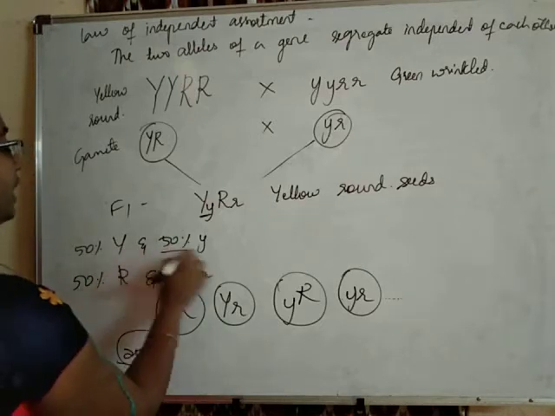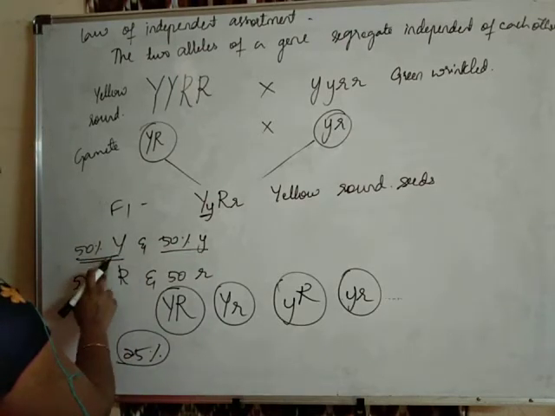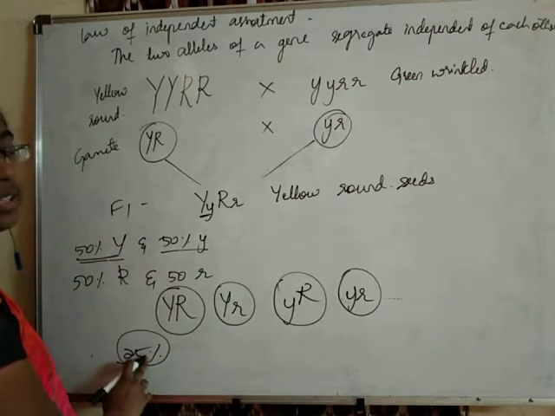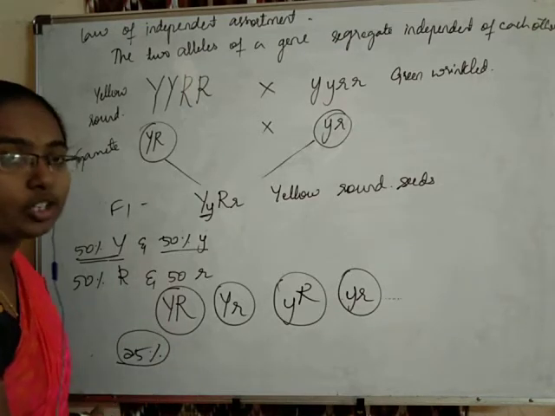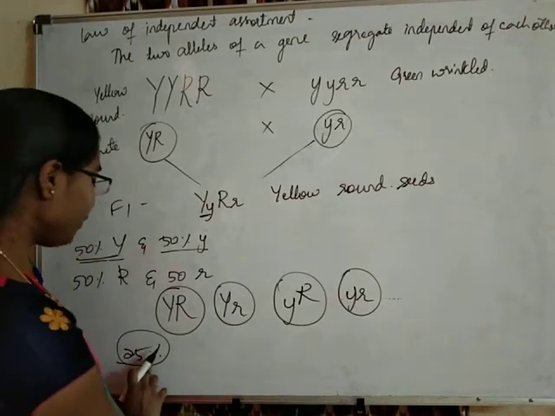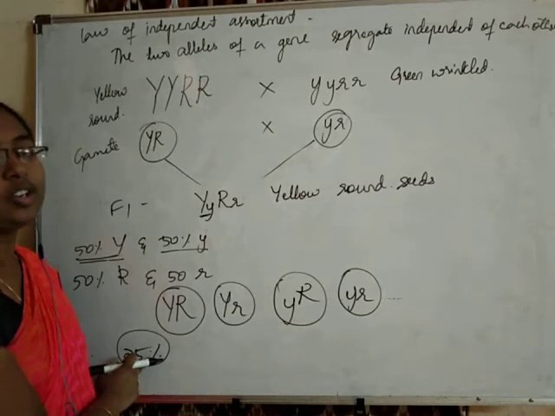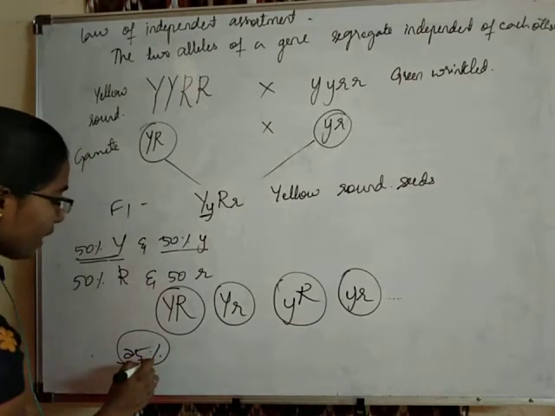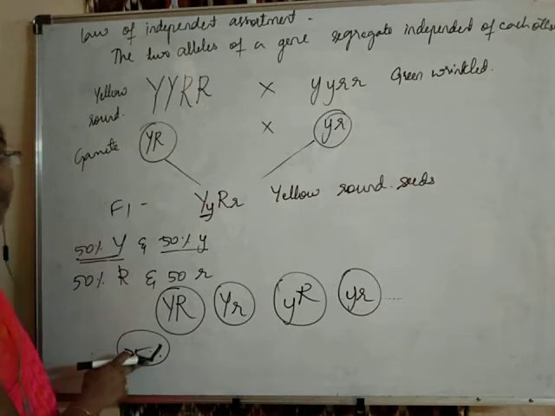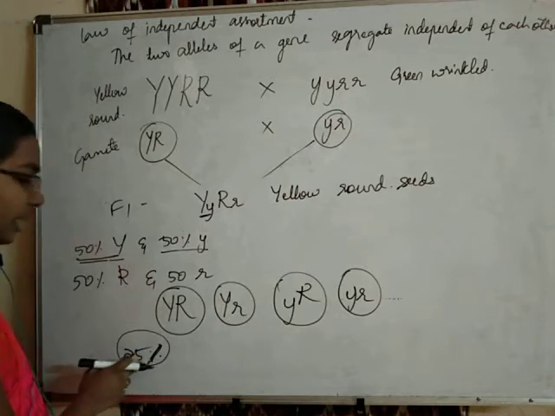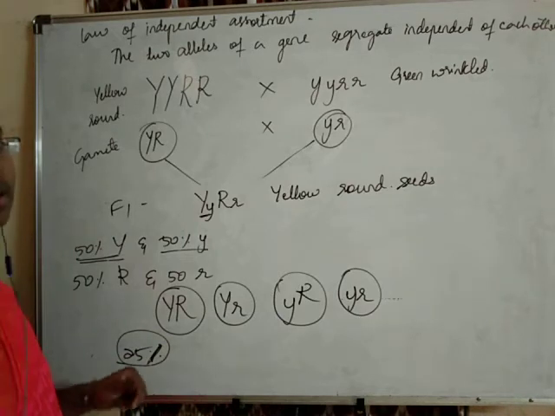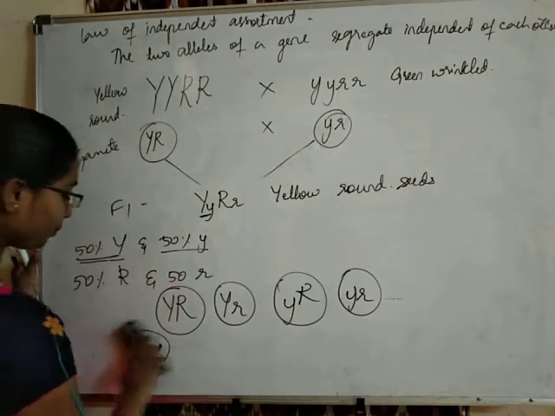Okay, so we have earlier studied that 50% of the gametes possess one allele, 50% of the gametes possess another allele. In the same way, 25% of the gametes possess one combination of alleles, the other 25% contain another combination of alleles. In that way, every 25% of the gametes contain different combinations of alleles. So, the chance for having each combination of alleles is only 25%. Okay. Let us make this cross using a Punnett square and see what the results will be using these gametes.